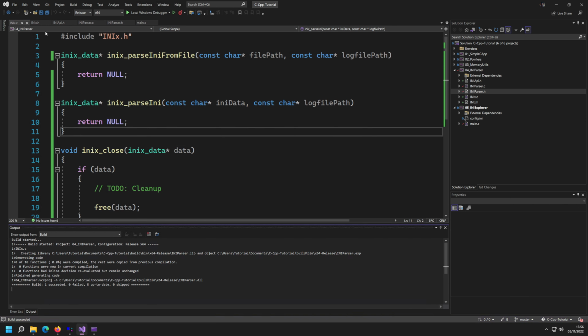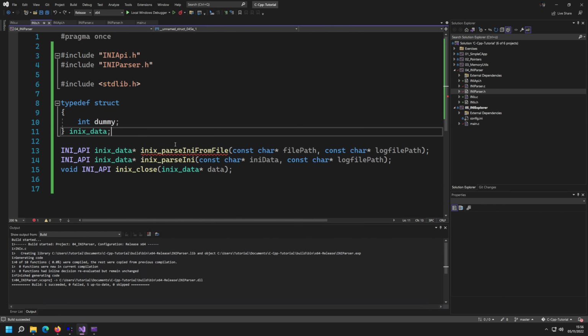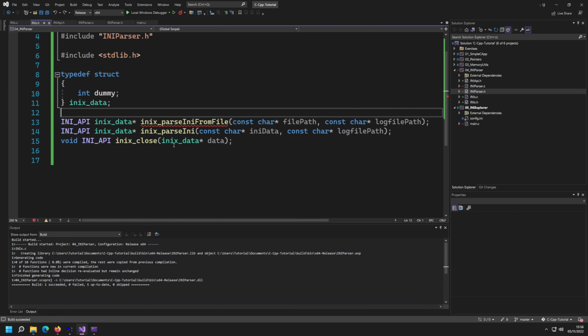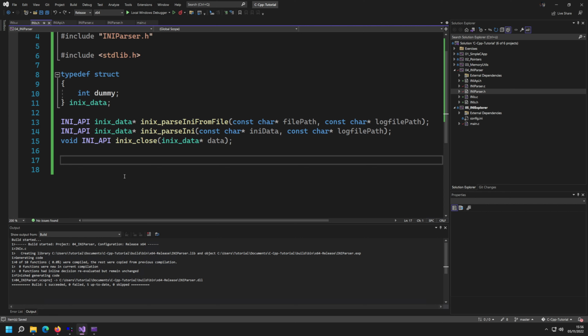Okay, so now the next thing that we need to do is we need to have a custom callback. We need to have a custom callback that we are calling with our INIX data. Now, how are we going to do this? Well, we're going to write, of course, our own callback. So what I basically want to have is my own function in here. I want to have a void function,